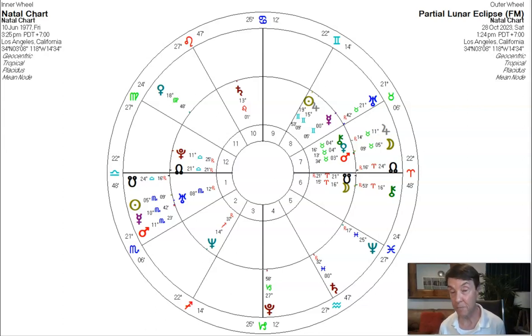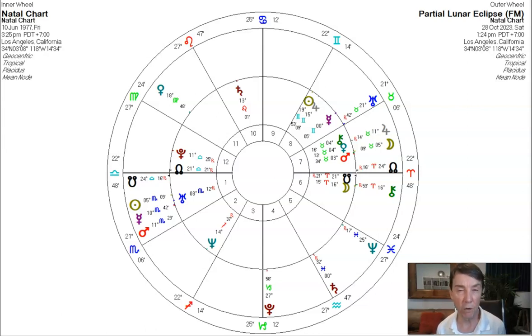Now, the energy of an eclipse can last up to a year, sometimes a little bit longer. So this whole year, this person is going to be focused on some major changes happening in the area of their relationships. Again, you've got to keep reminding yourself that we are learning along the way. We are learning about ourselves, we are learning about life, and we are learning through experience. So the experience that's happening for this person is teaching them something. We've always got to remember that and pull ourselves back to that.